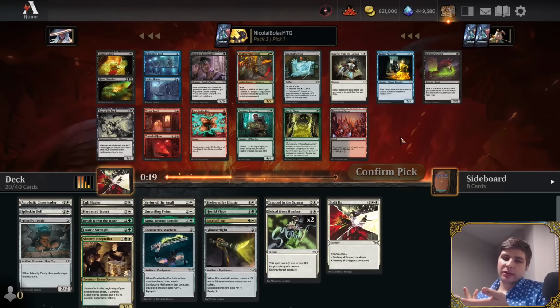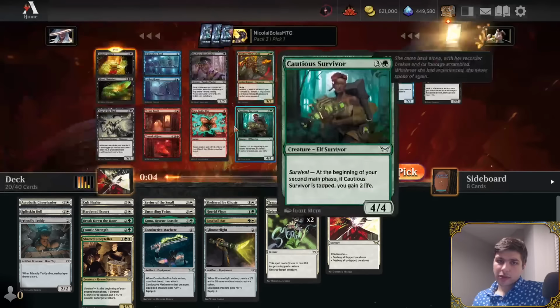What am I even taking out of this pack? It's so bad for the green-white deck I'm drafting. I guess I could take this card or just take the demon and be like, well, maybe I can play black-white. I guess I'll do that. I mean, I don't want to, but...